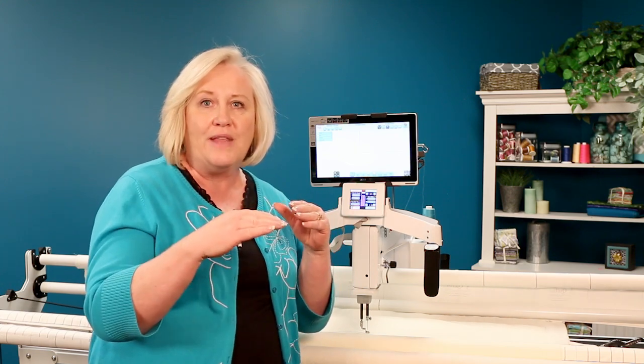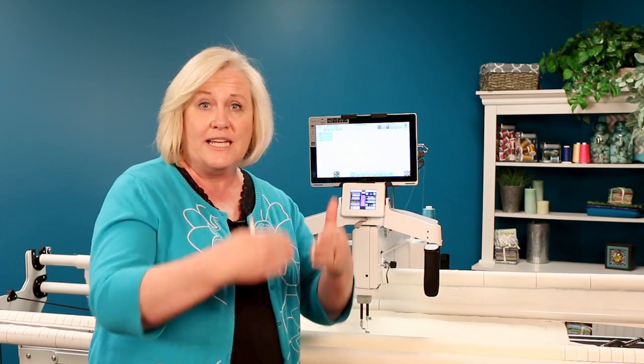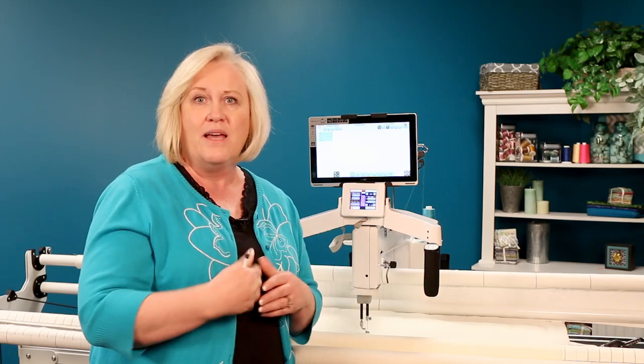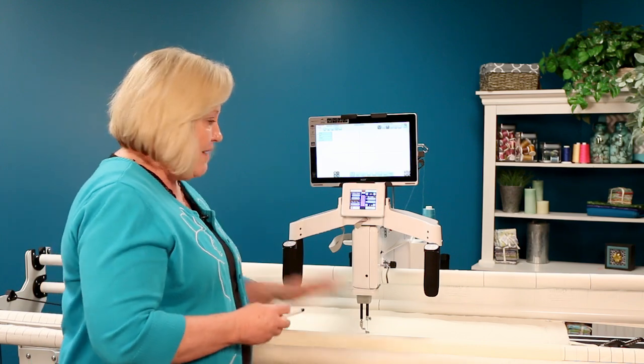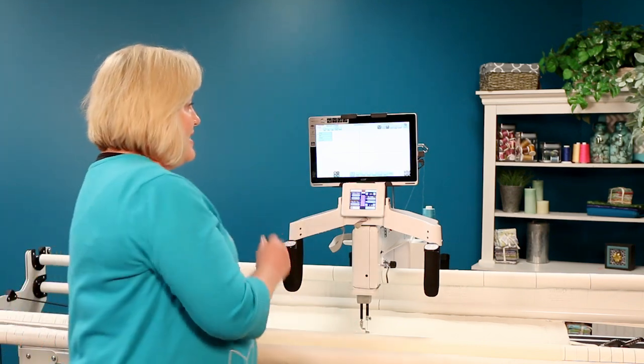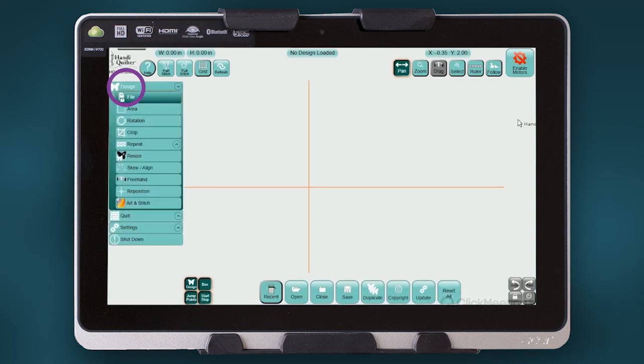So I want to show you how to do that, and also how to advance those 2 rows so that you're continually advancing, positioning, and getting everything right as far as the spacing between the 2 rows. So let's get started and work out a quilt here. I've got my fabric loaded, and we're going to bring in a design. So go to Design, go to our Open,